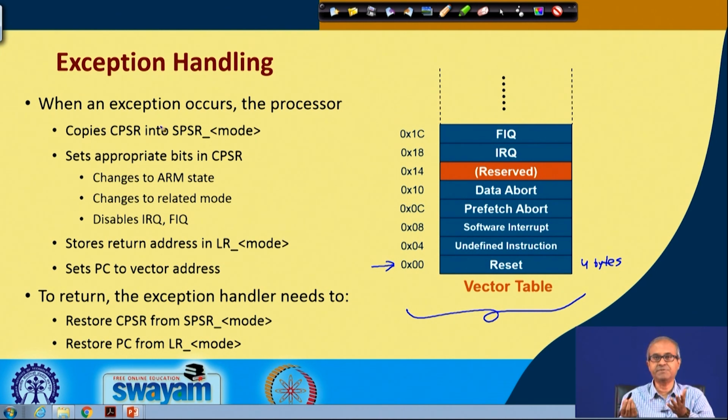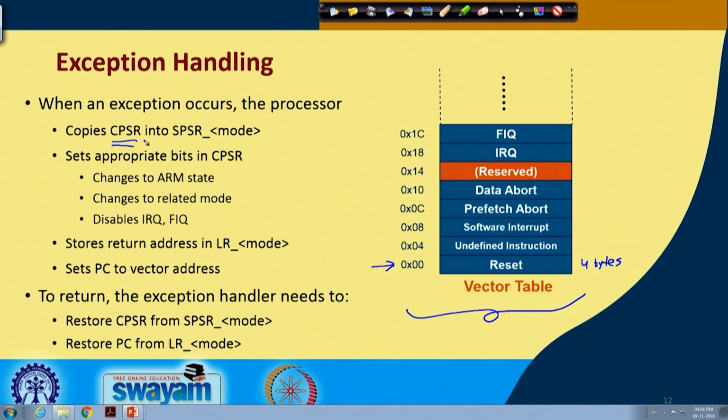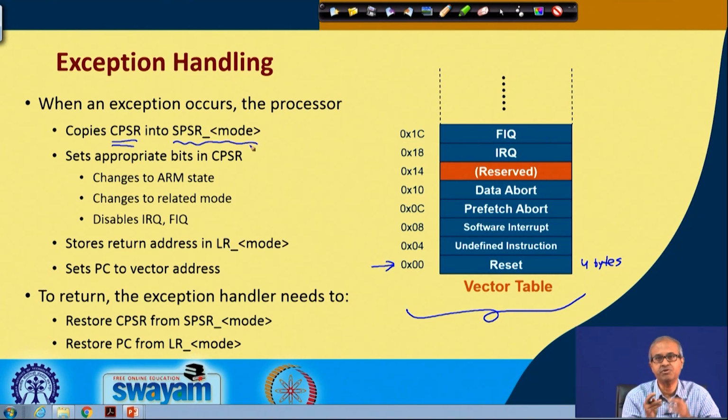So, whenever any exception occurs, and exception means interrupt, memory access violation, undefined instruction, all these are exceptions, some kind of interrupt, or the supervisor call, the CPSR will be copied into the corresponding SPSR. You know there are 5 SPSRs depending on the type of exception. CPSR will be copied to the corresponding saved program status register, and